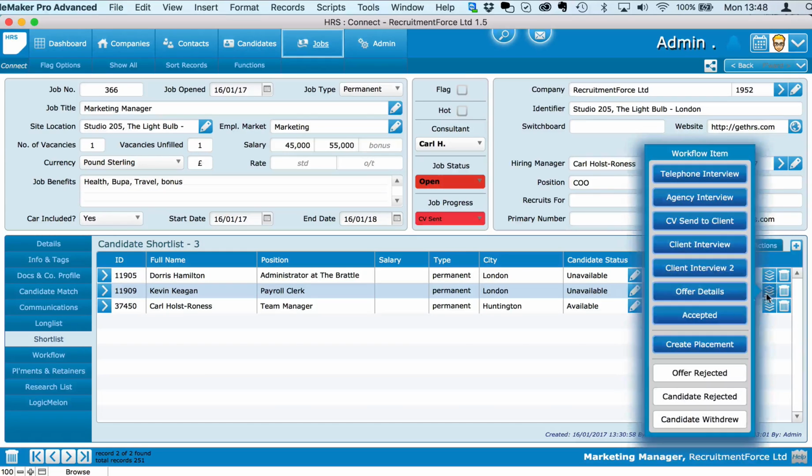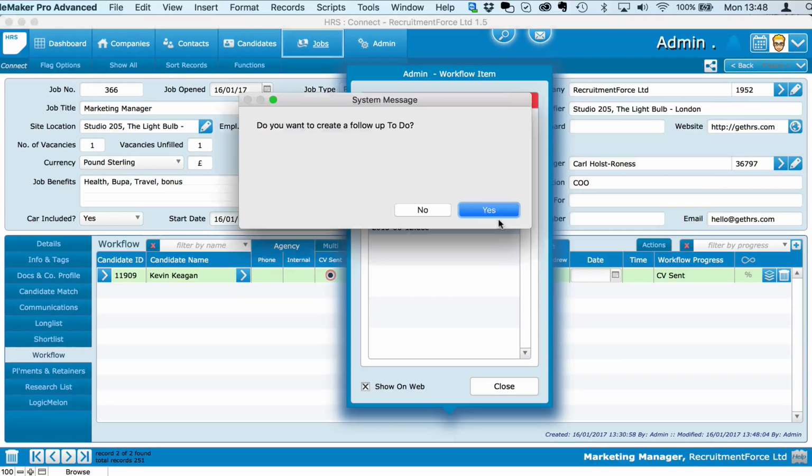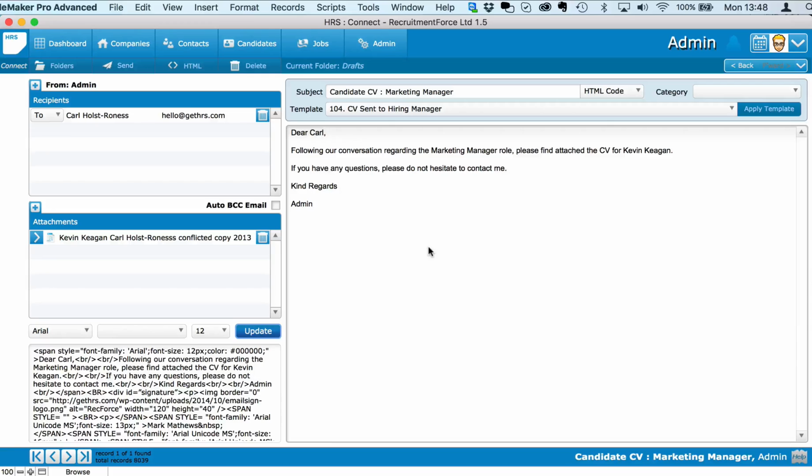We've got some options here to create an interview or send a CV or client interview. Let's actually send the CV. So we're choosing our Kevin Keegan chap, and we're going to send the CV. The database will ask you if you want to set up an automatic reminder. I'm going to choose no. Now it's going to write an email, attach the CV using one of my templates, so it's all ready to go. It's got the CV automatically attached to this particular email,